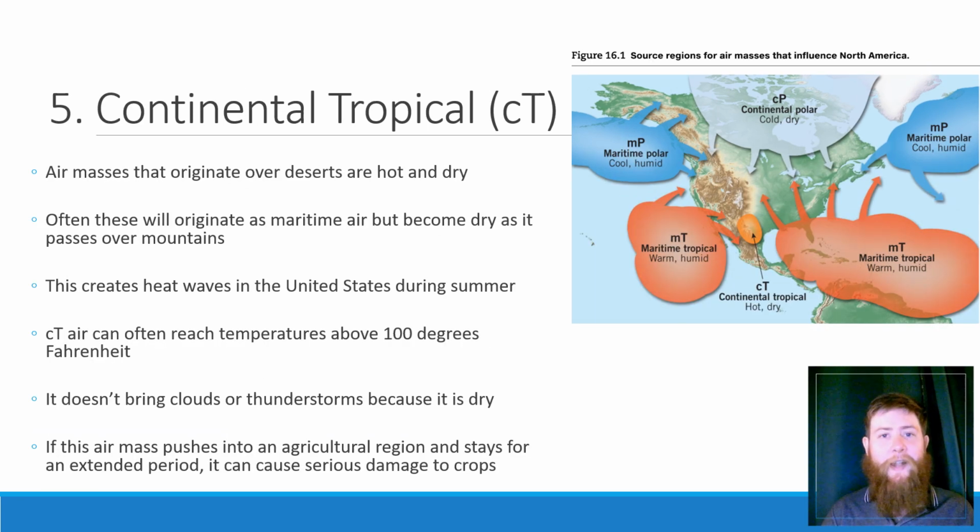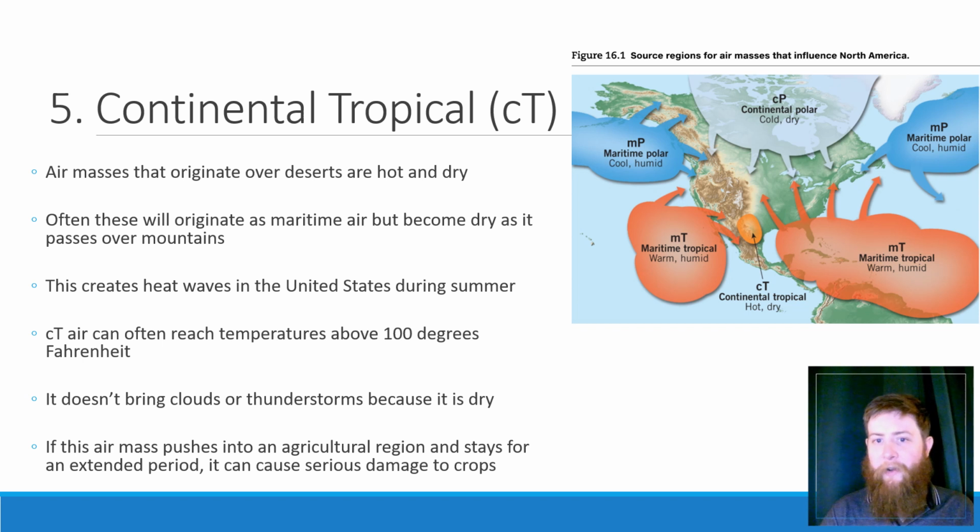The last of the air masses that we're going to talk about are the continental tropic, and these are cT, with the T. And in the United States, these are the smallest amount of air masses that are being produced. In other parts of the world, such as South America or Africa or even parts of Asia, these areas are much more significant, and there's a lot more of this hot, very dry air being produced. So, continental tropic is over deserts. It's hot and dry.